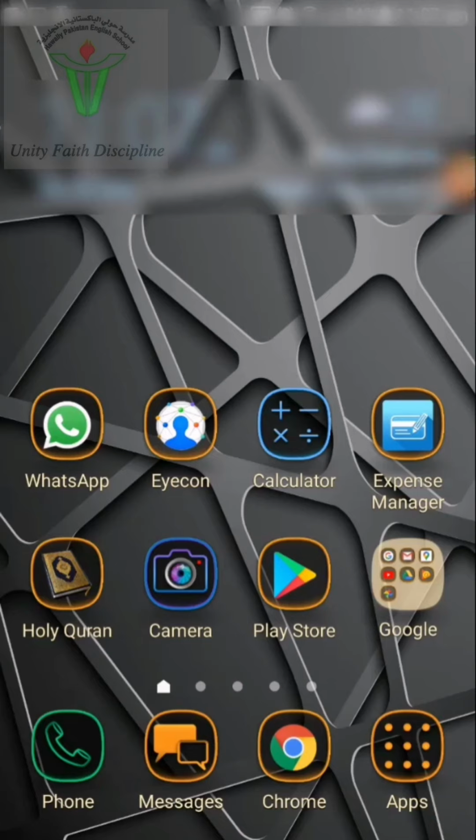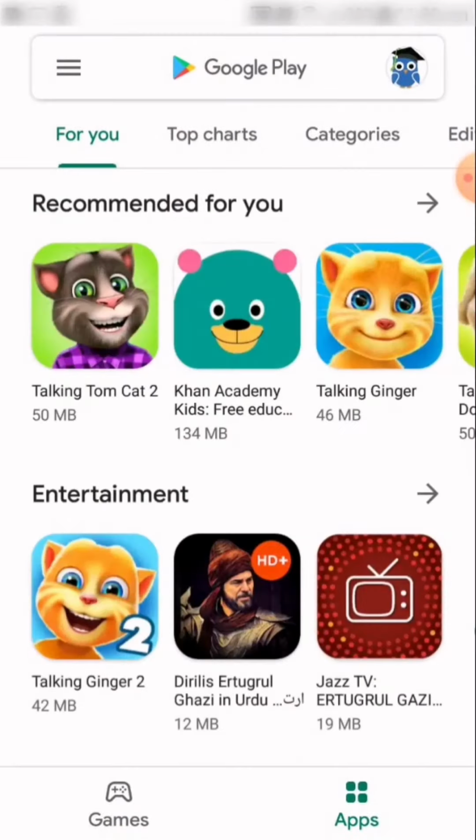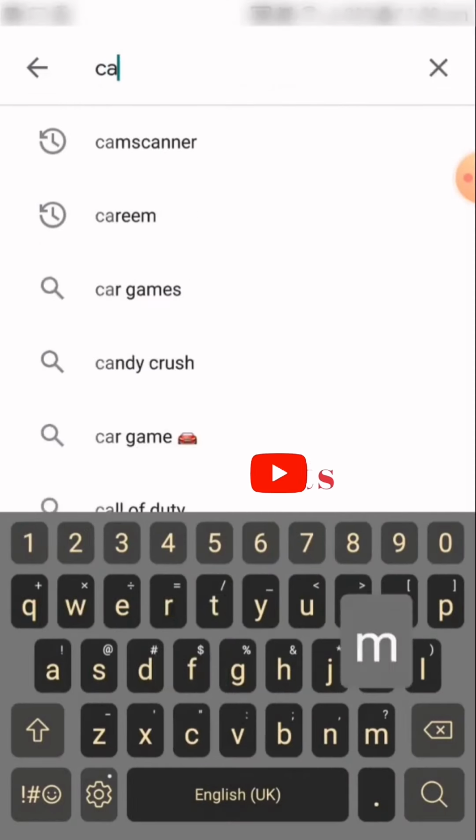Today I am going to take you through the process of scanning documents and converting them into a PDF using your Android phone. The app I am going to use is CamScanner. Note that there are many other apps that can perform the same function. So to start with, go to Play Store and search for the CamScanner app.